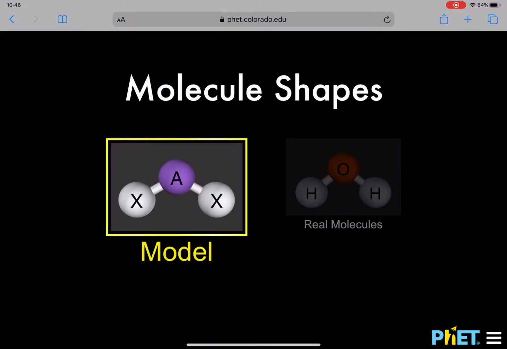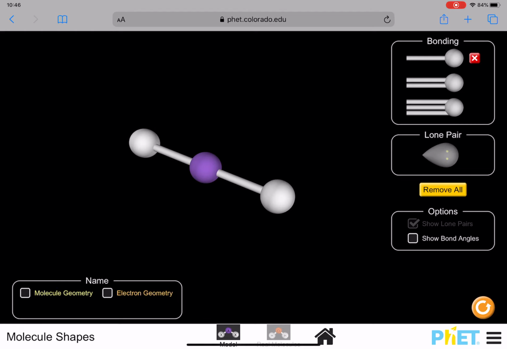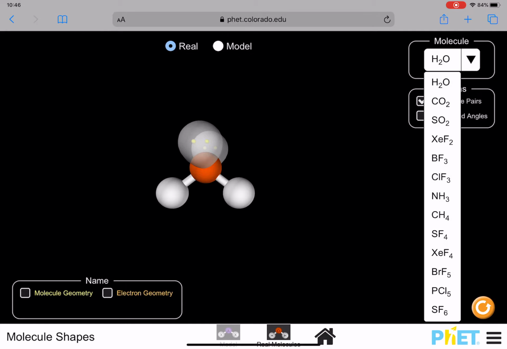We are going to click on Model. And this is just showing an example molecule. We're going to hit this yellow Remove All button. And we are going to create water molecules. So if we go back to our assignment,